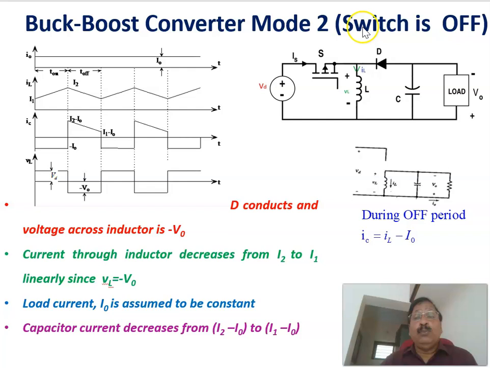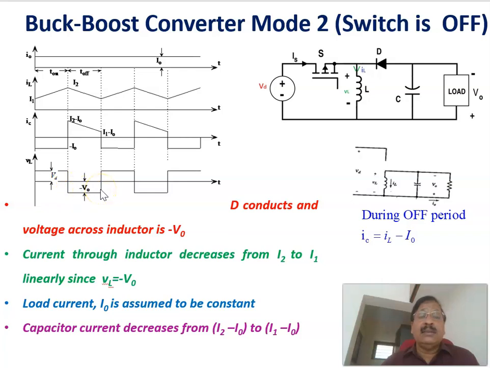Now the buck converter in mode 2, that is, the switch is off. When the switch is off, the corresponding equivalent circuit is this one. Therefore, here the filter inductor and capacitor come across the load, and again the voltage polarity is plus here and minus here. It is opposite to the input voltage, plus here and minus here. And if you apply Kirchhoff's voltage law here, we get minus VL plus V0 equal to 0,